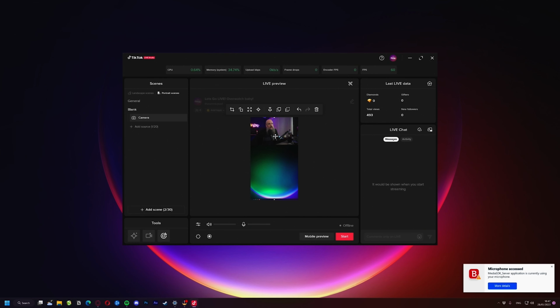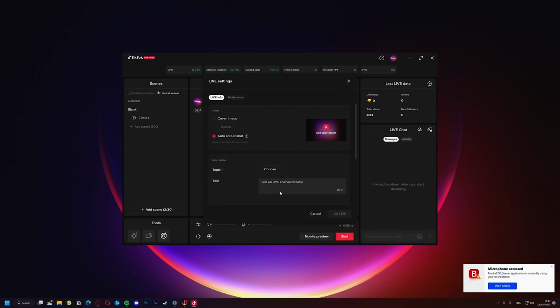And there you go. You basically have your scene that you set up in OBS while you're streaming sent to this streaming tool. And at this point, you click start, you select your topic, you select the game that you're playing, and you hit start. You can go live. Thing is, of course, you need to keep an eye on your chat.